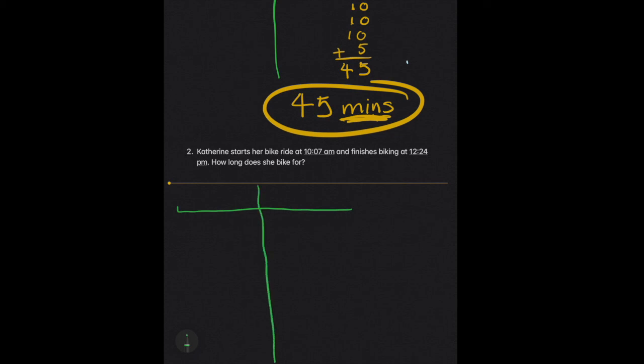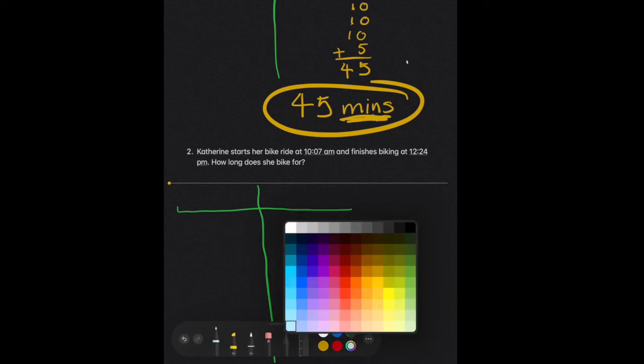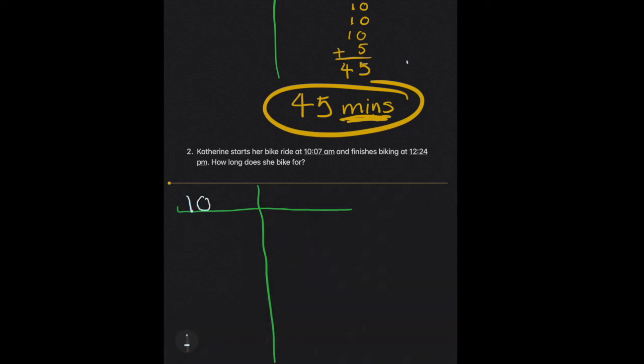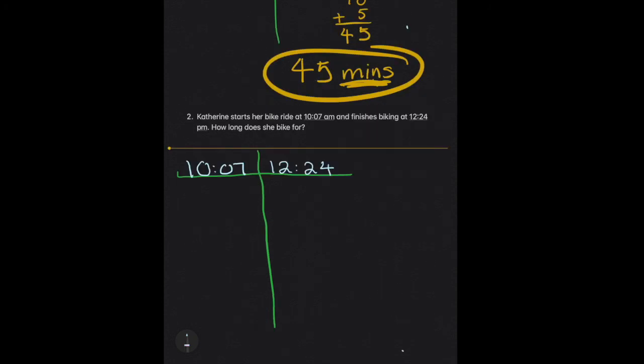Okay, so she starts at 10:07 a.m. So remember, we write our start time on the left-hand side and our end time on the right-hand side of our T-chart. Now we're going to put our start time in the left-hand side underneath the header, 10:07. So now we're going to list